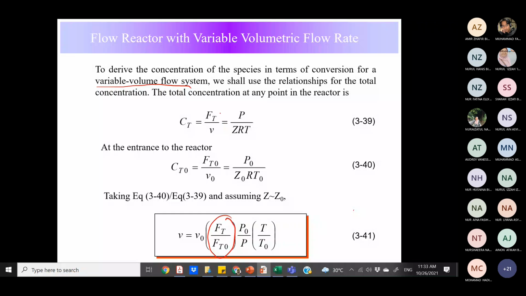Okay, so the total concentration at any point in the reactor would be CT equals FT over v, which is P over Z RT. Okay, sebab asalnya kan PV and RT kan, kalau basically lah. Alright, so sebenarnya kita boleh dapat concentration daripada N over V, betul tak? So N over V equals to